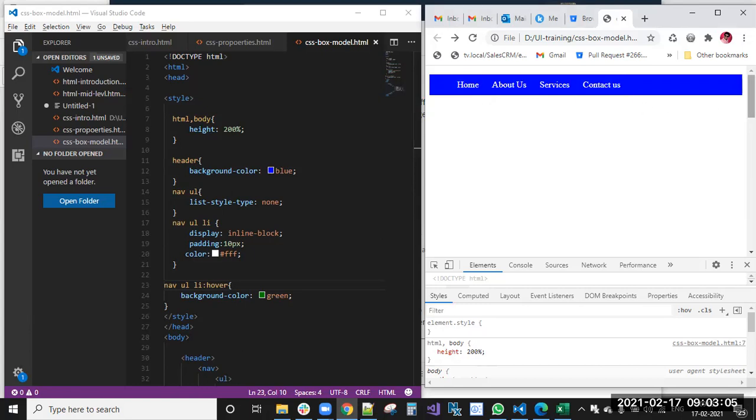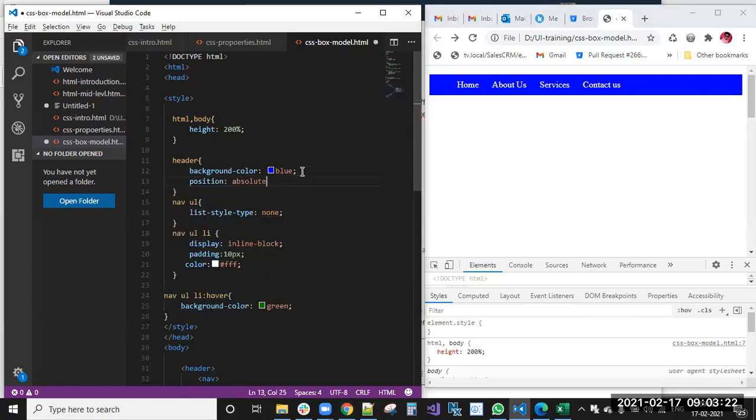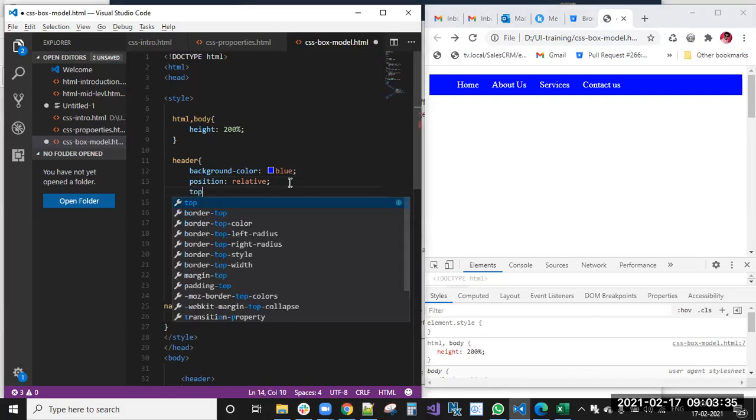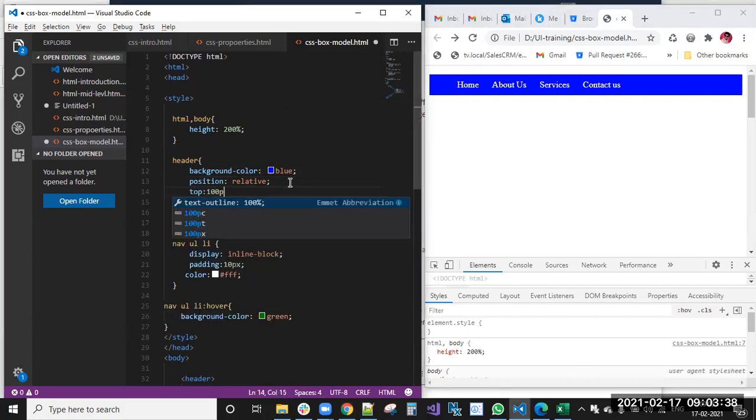Now, if I'm scrolling this, see, it is going up, right? Means still that menu is going, and one by one will apply. Okay, so for the header, position absolute. Instead of the relative, will apply one by one. Okay, position relative applied. Still, the position is the same. If you want to move from the top 100 pixels, you can move, right? From that position you can move.